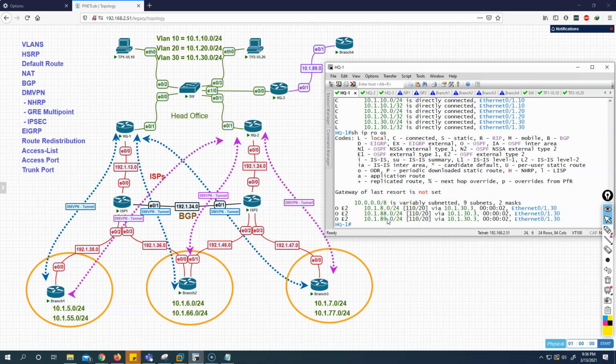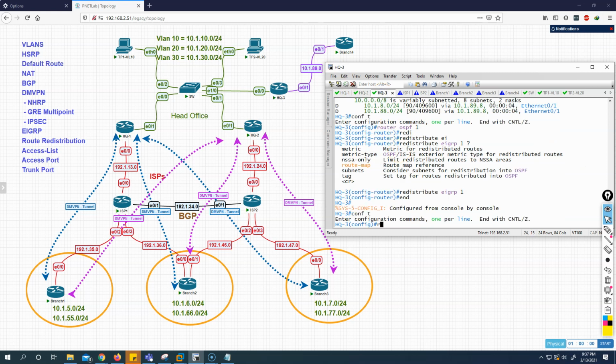Now, on many occasions, you guys understand that the 89 network has no significant value, because the 89 network is the network between router 3 and the branch, right? It doesn't have any significant value because there is no service on this network. The service is behind router 4 or behind router 3, right? So what you usually see in an organization, in an ISP or in a big corporate, is that they do not advertise the links connecting two routers. They do not advertise them. So you can do that